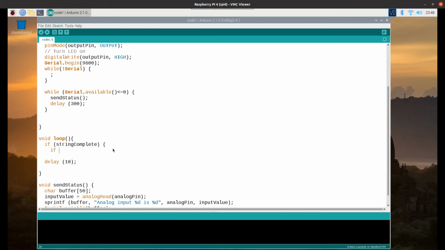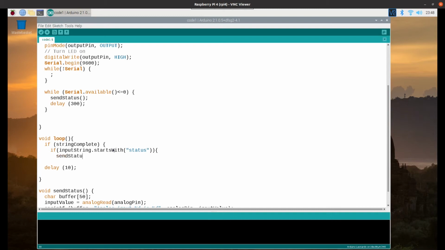So if the input string, which holds our string that we've received, starts with status, so it doesn't matter what follows it, as long as it starts with the word status, then we'll send the status. Otherwise, if it starts with set,